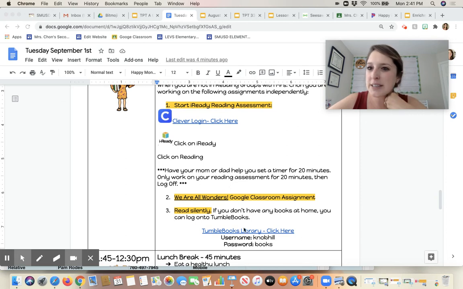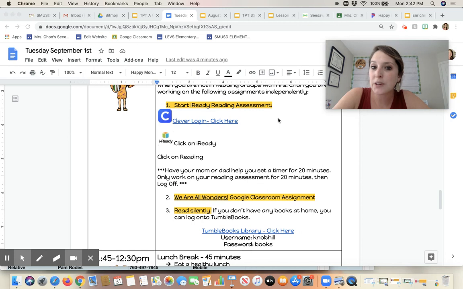And if for some reason you don't have books at home for your child to read, they can always log on to the Tumble Books library by clicking here, and here's our username and password. If they do have books at home, I would rather that they read their books at home because they need a break from the screen. All 3 of these assignments are done independently. So it's flexible.